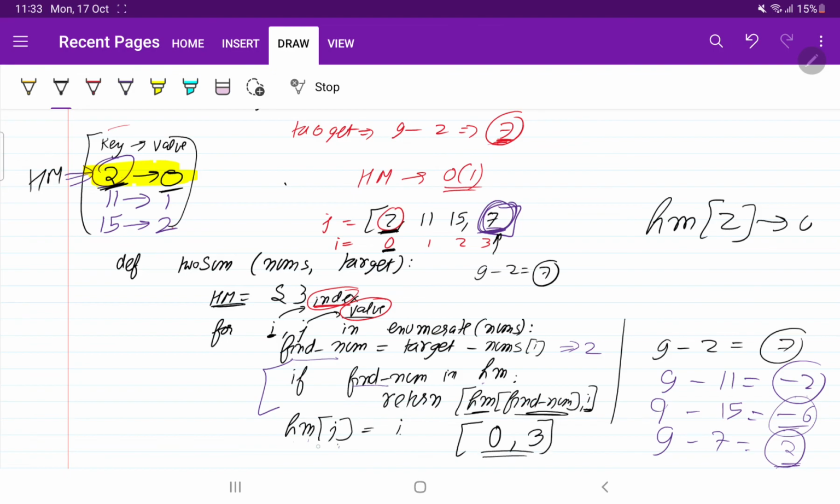Again it would update the hash map with 7 and 3, but sorry, this update will not be done, because once the return statement is called, it will come out of the loop and we will get our solution, that is 0 to 3. Here also you can check, 0 was the first element and the second element that we were getting was 3.